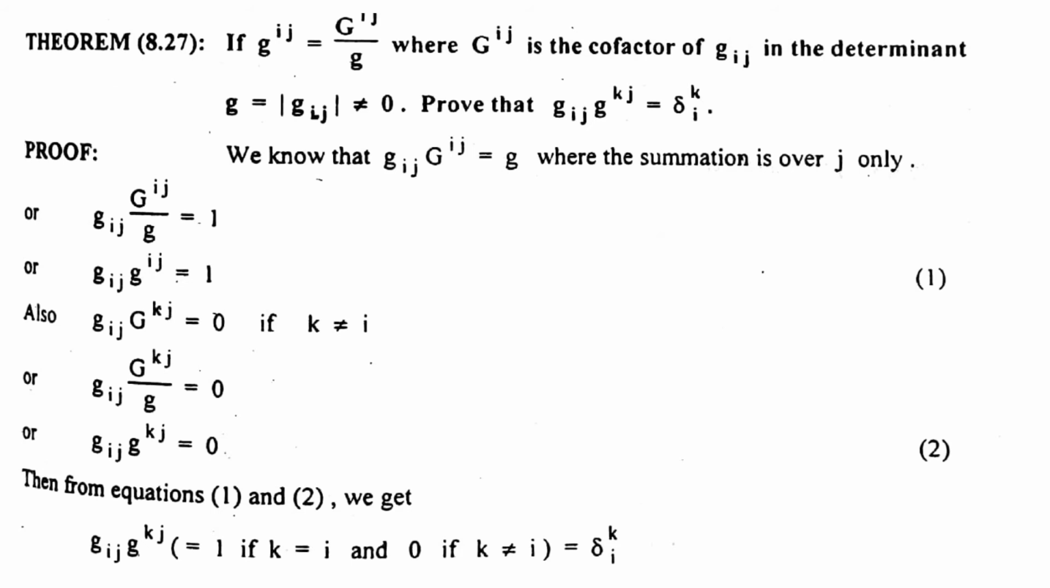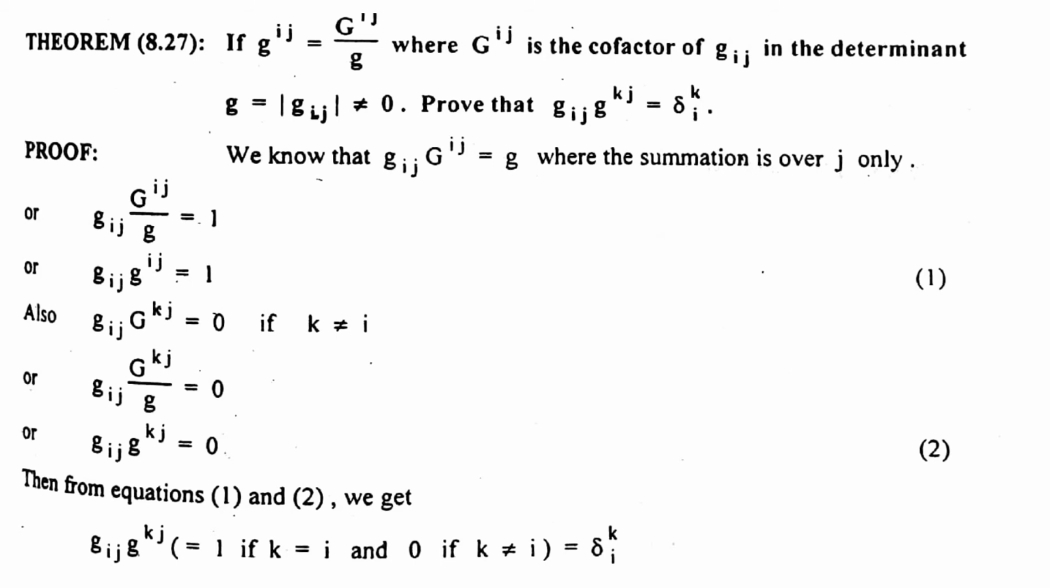This is called equation number 1. Now again, if we have g^ij G_kj equal to 0, as we have proved previously, if k is not equal to i, then dividing by g on both sides, the right side is 0 over g, which again becomes 0, and the left side becomes g^ij G_kj over g, which is equal to, from the statement of the question,